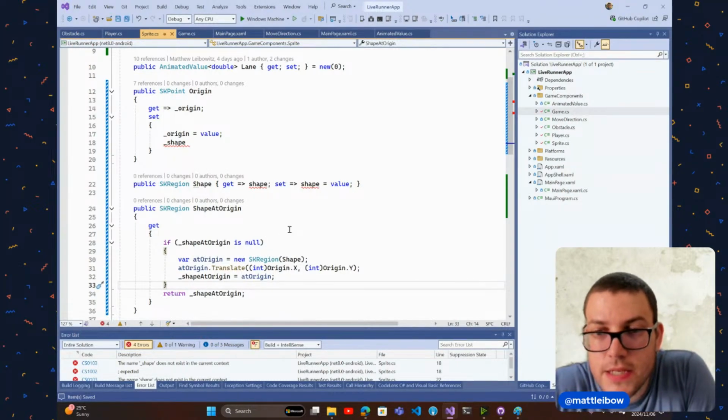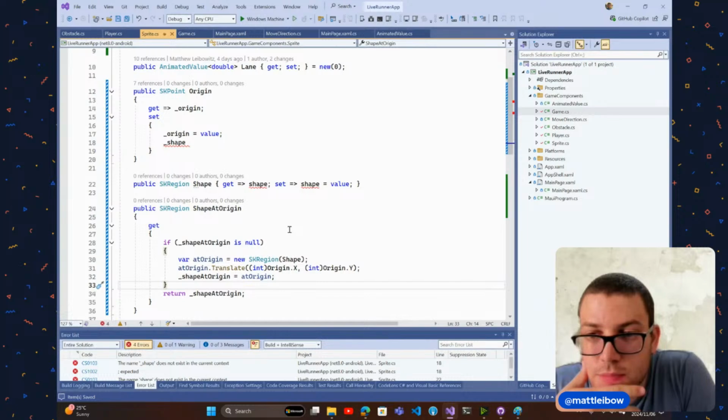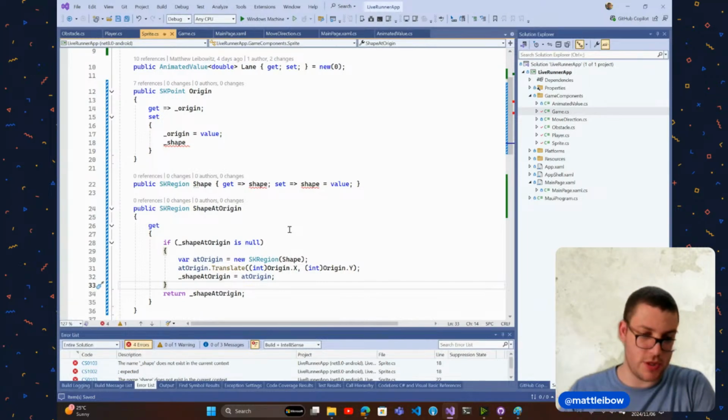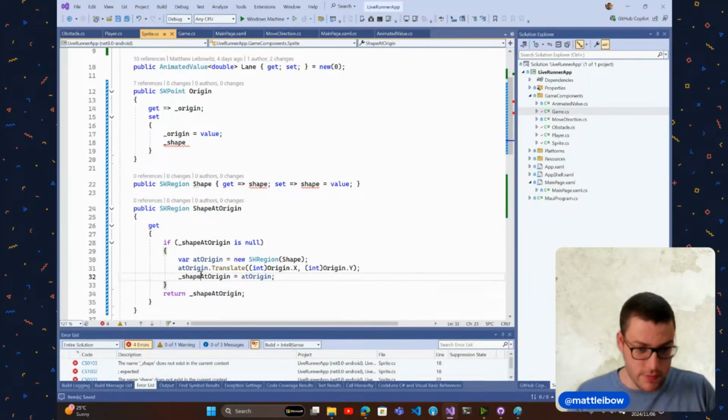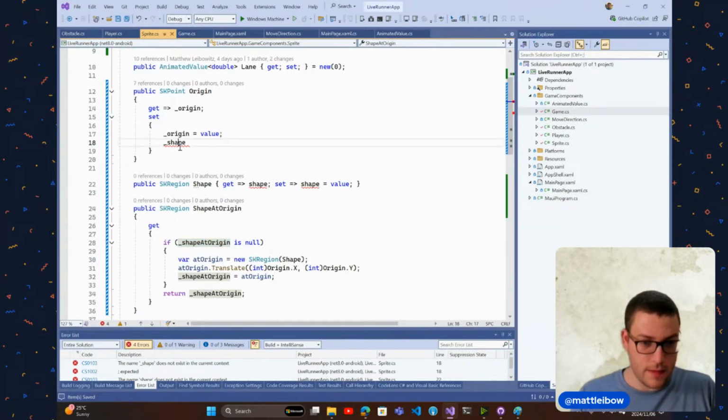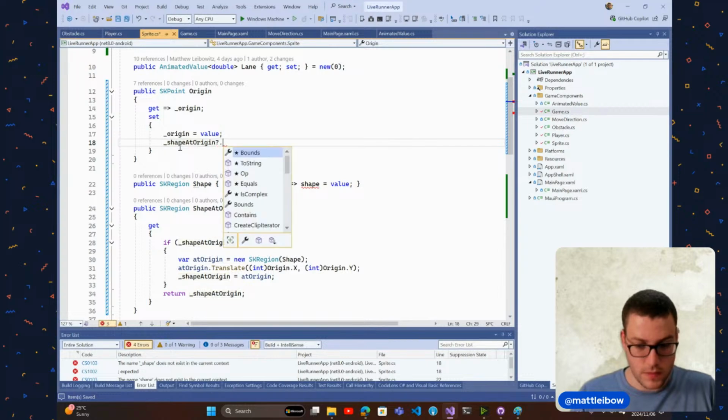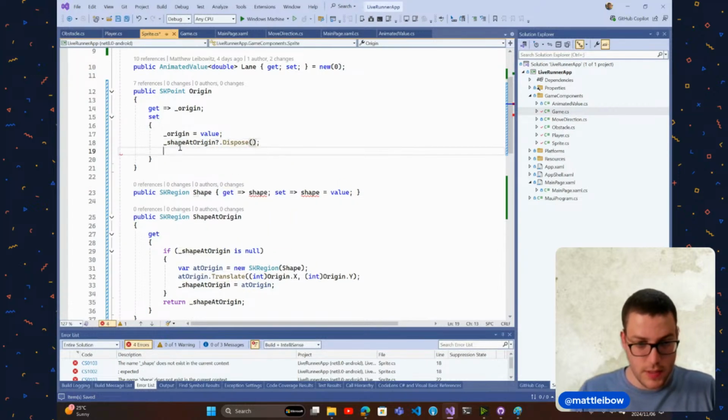So you were saying, with a drift, and shouldn't we dispose it at origin before assigning? Yes, we should. So we create a new region, we assign it. If it's null, we do it. Otherwise, we do that. In this one, I am going to just set it equal to null. There we go. And the same thing needs to happen with